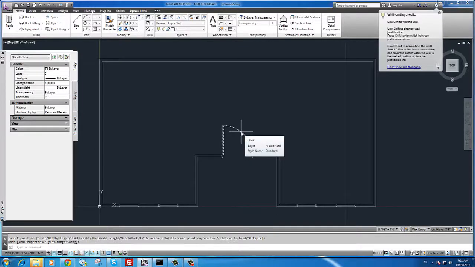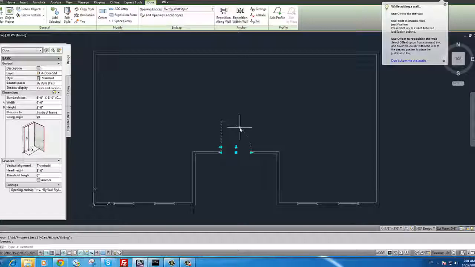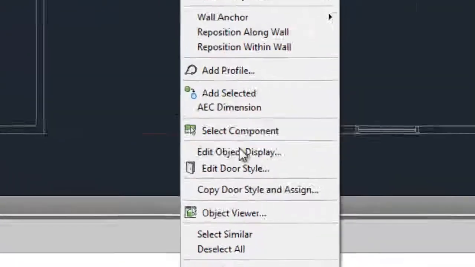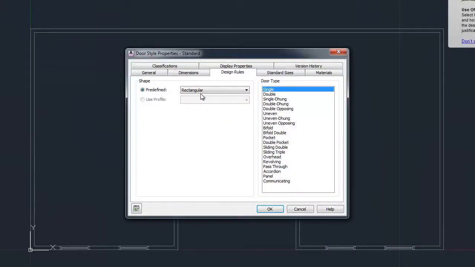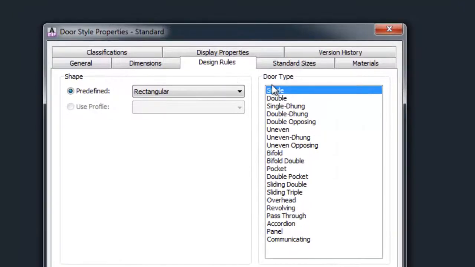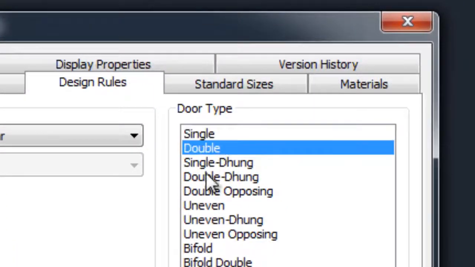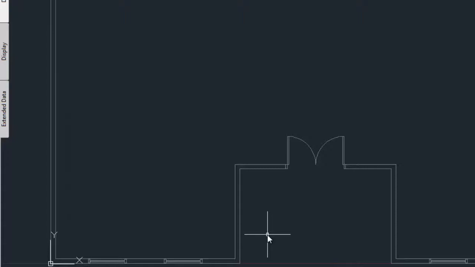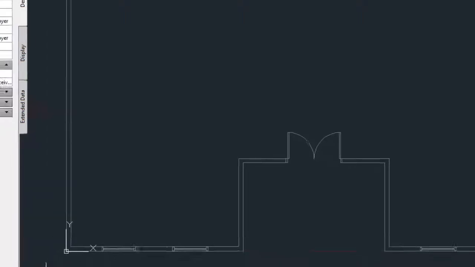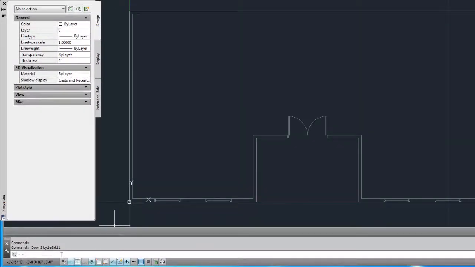Then click anywhere on the door to select it, right click and then specify edit door style. Then go to the design rules tab and change the door type from single to double. Click OK. And then in the next step, which is my favorite one, you're going to